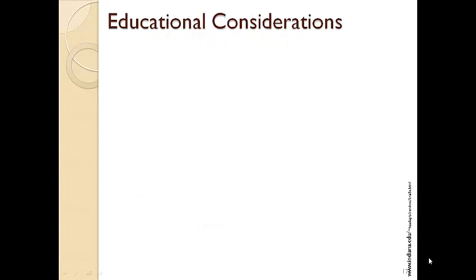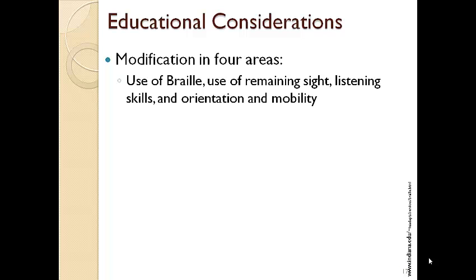Educational consideration for students who have visual impairment. Although most educational experiences in the classroom are visual, many experts agree that with some modification, the general education principles that apply to teaching students without visual impairments should apply to teaching students with visual impairments. So we can make modifications in the following four areas: the use of Braille, use of remaining sight, listening skills,